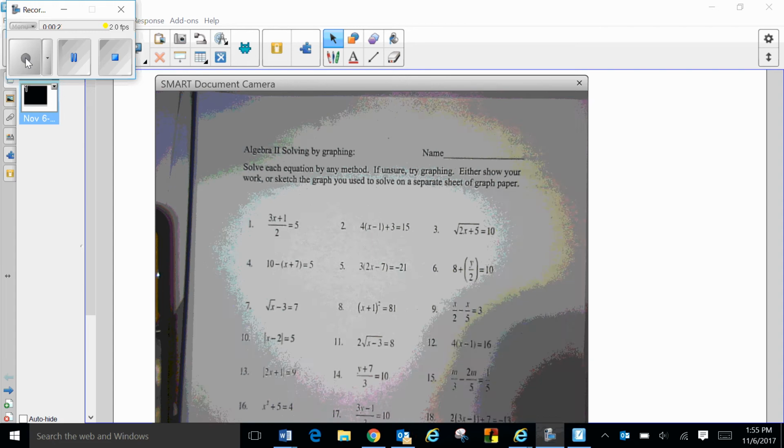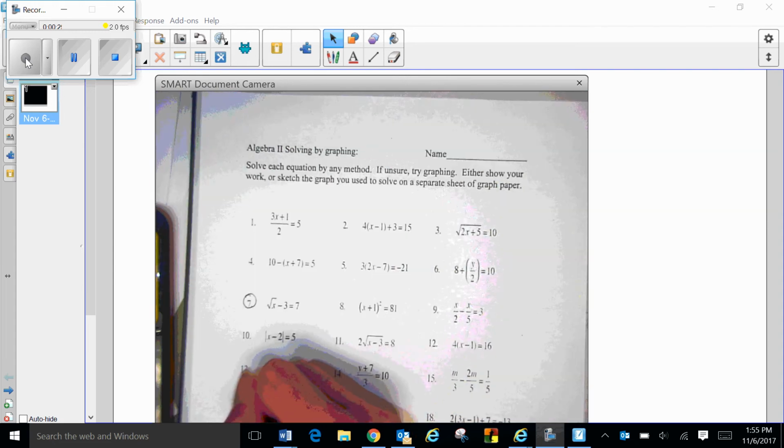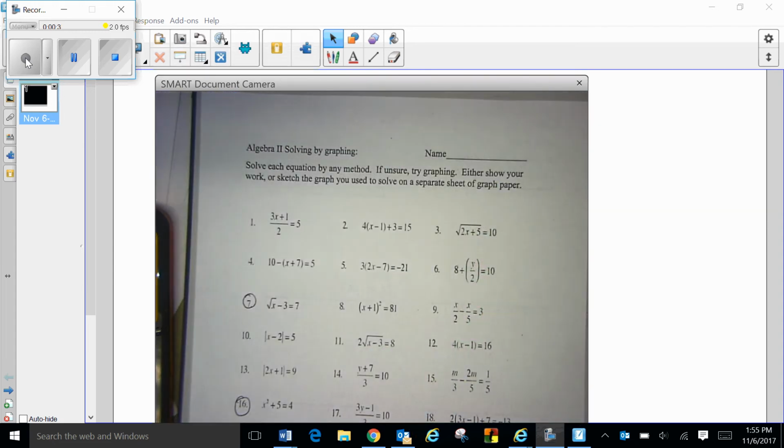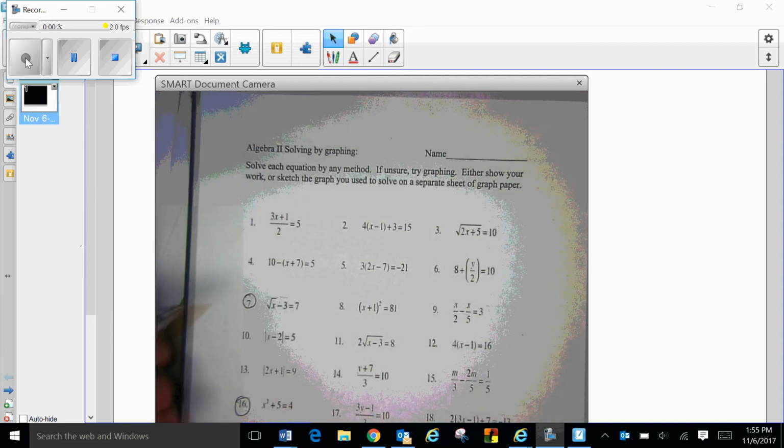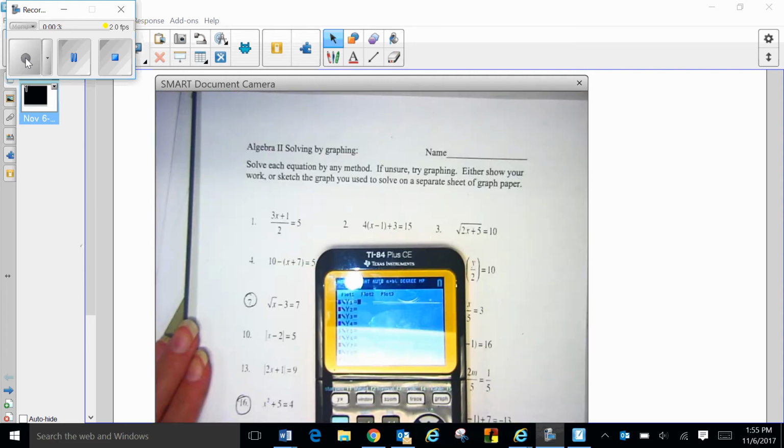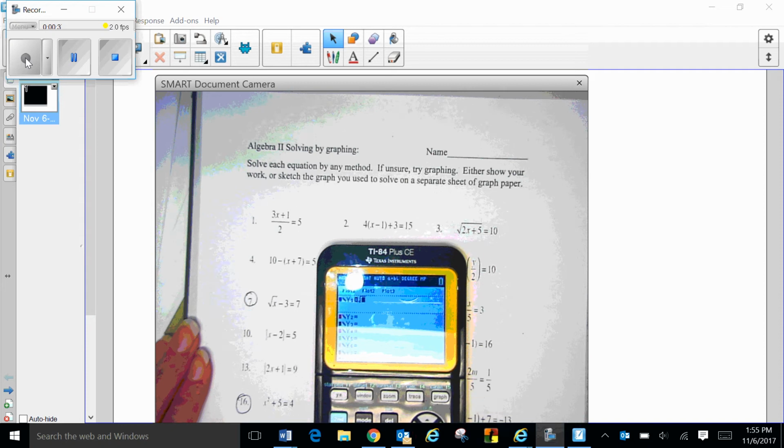Looking at number 7, all we're going to do is put the left-hand side in y1. So second square root of x. Notice that that minus 3 is not under the square root, so I'm going to arrow over and then do minus 3. Then it equals 7. When I go look at that graph,